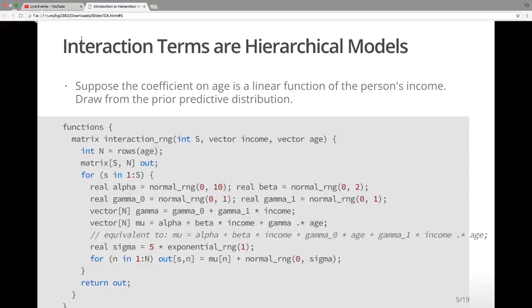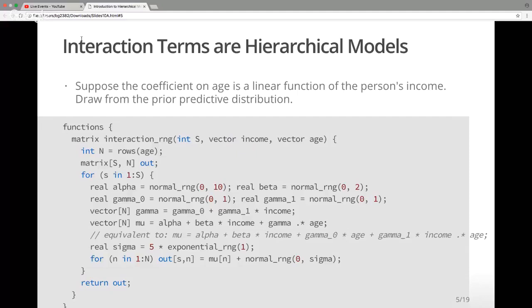What is the dependent, like what are we trying to do again? Mu is not a prediction. Mu is the conditional expectation of the outcome. I didn't say what the outcome is. It could be anything that is continuous. So age and income in this case are both predictors of whatever the outcome is. Okay. And the way we have set up this hierarchical model, we think that the coefficient on age depends on how much income you have.